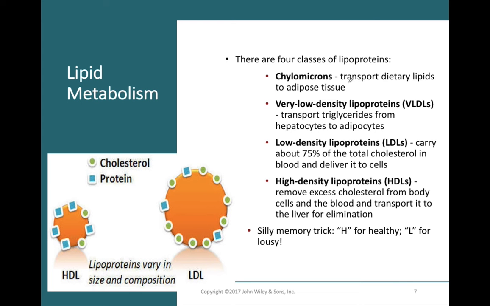Once dietary lipids have made their way to the adipocytes, they're going to be packed in there for storage. Chylomicrons will enter the lacteals of our intestinal villi, and from here they're carried back through the lymphatic system and dumped back into the bloodstream. A little bit denser than the chylomicrons will be the very low-density lipoproteins. These are specifically going to take triglycerides from the hepatocytes to the adipocytes. Our hepatocytes form these very low-density lipoproteins. The fatty acids formed in our hepatocytes will be packaged up into these VLDLs and brought out to our adipocytes